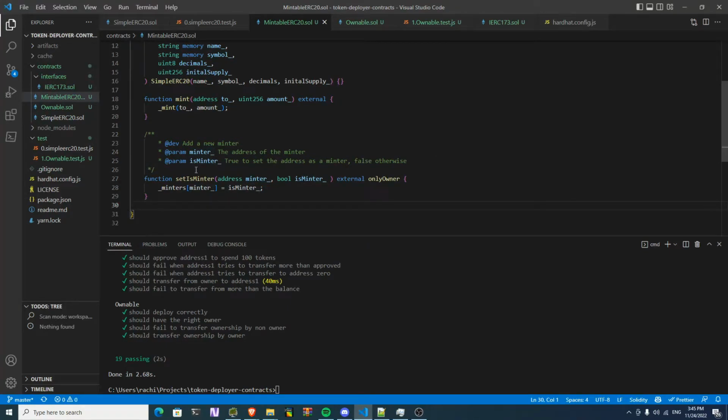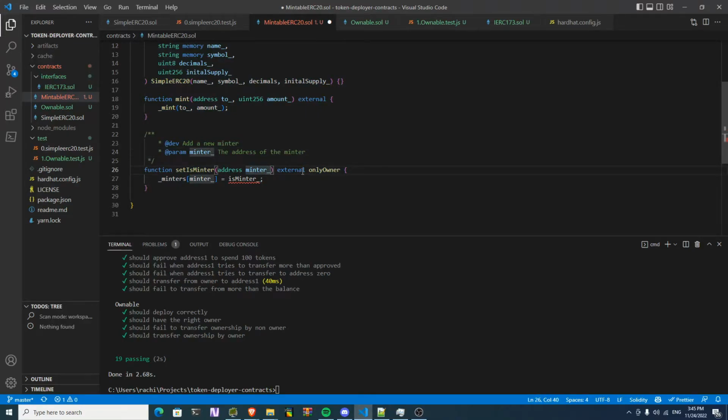Okay. I could have created add minter and remove minter, and maybe that's better. I think maybe we go with that. Yeah, let's go with that. So I'm gonna remove the boolean from here, and here minter, I'm going to rename this one to minter to add, and then in the minter to add here, we're going to say true, okay? And then we're going to change the name here and call it add minter, and add another function that we're gonna call function remove minter,